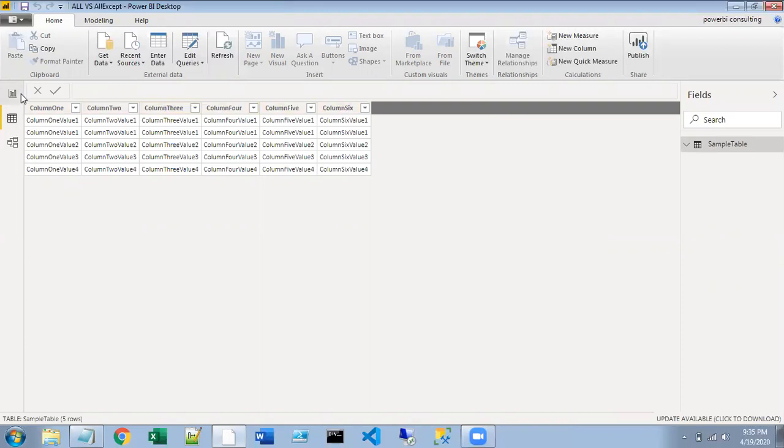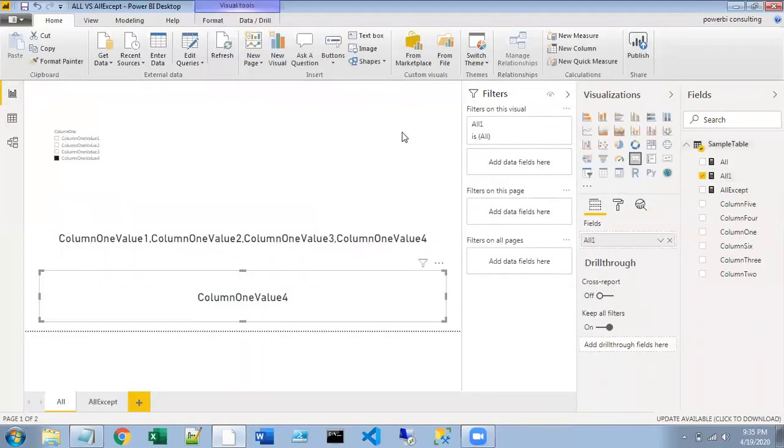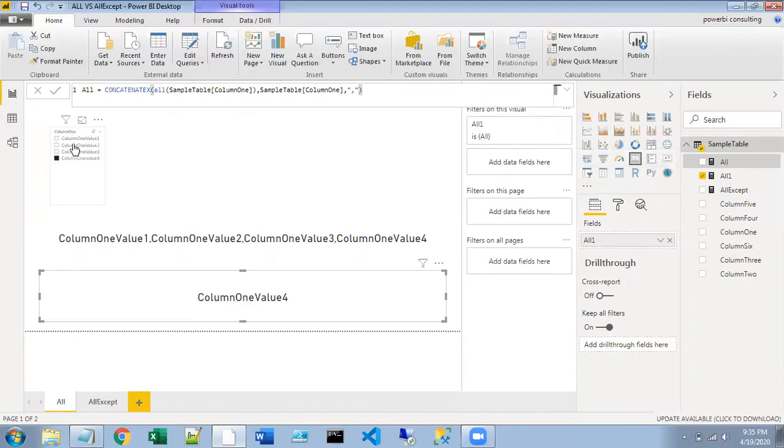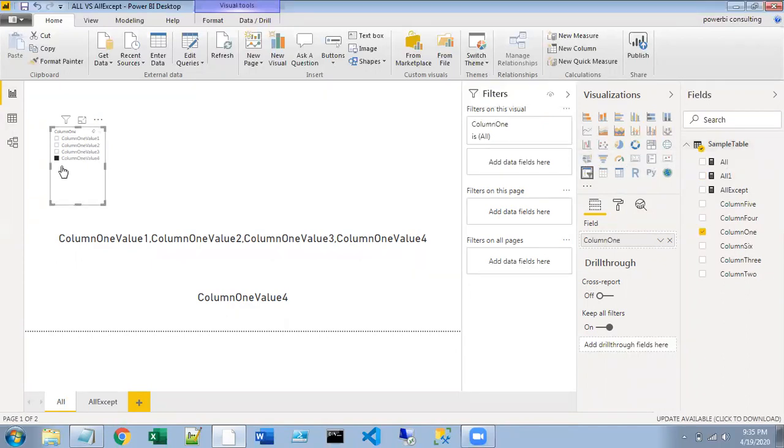As I told you, you can pass a table or a column to your ALL function. You see here I have taken only one column name in the ALL function. I have taken the same column in my slicer. Slicer is nothing but a filter. So I have selected the value in column 1, value 4.